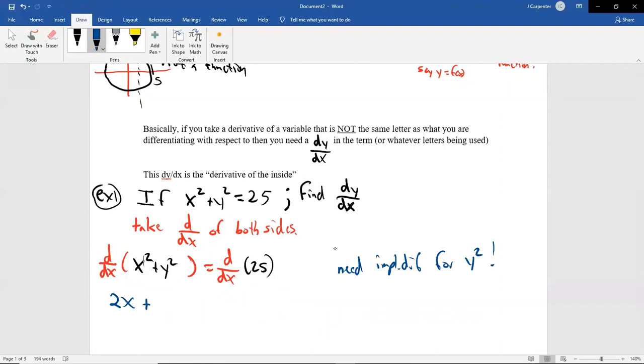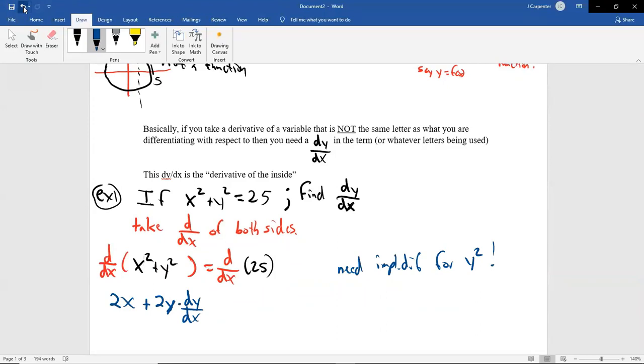All right, so let's just imagine they did match. What would the derivative of y squared be? It would be 2y. Bring the 2 out front, decrease the exponent by 1. The fact that it's a different letter doesn't affect that part. That's the, quote, derivative of the outside. But because this letter does not match this letter, we have to chain it, because y, we're saying it's a function of x. Even though we're not solving for it, it could be, in theory, a function of x potentially. If it can't be, then you don't ever do it that way, and that's why we just imply it. So the derivative of the inside, y being a function of x, would be dy/dx.